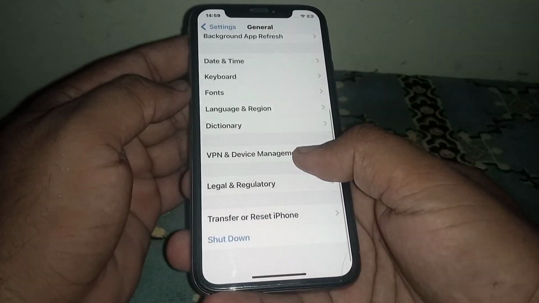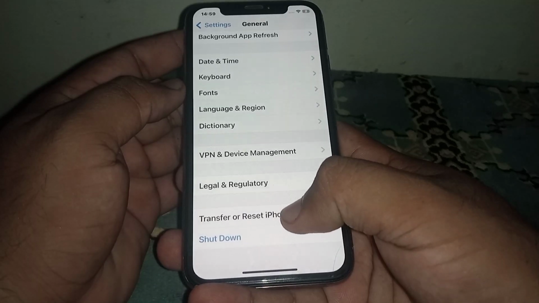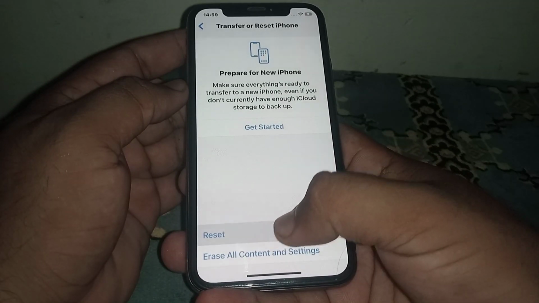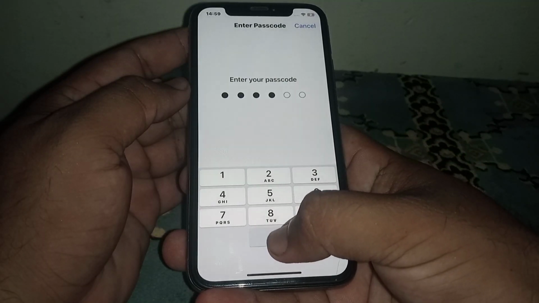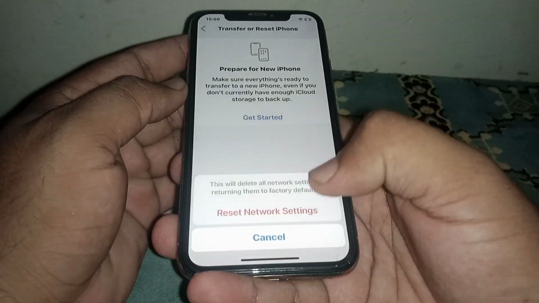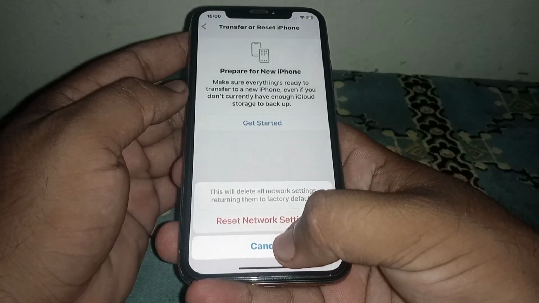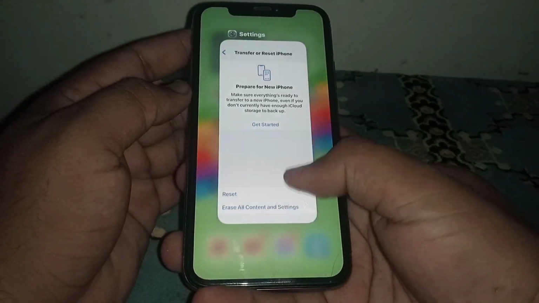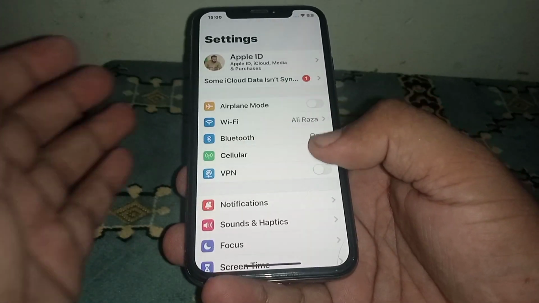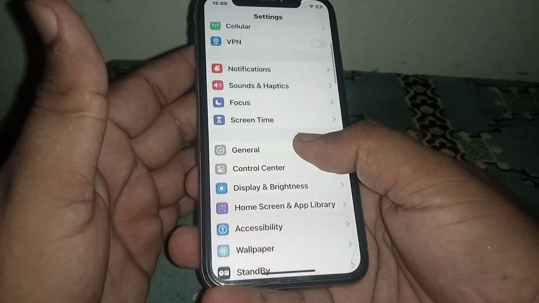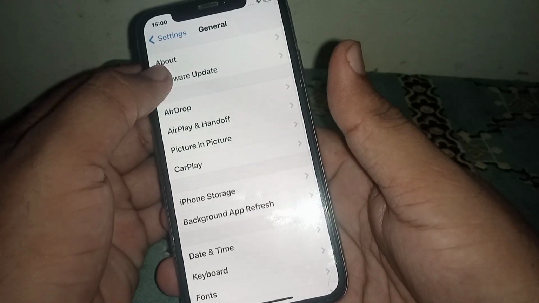After that go back, scroll down and click on Transfer or Reset iPhone, click on Reset, and click on Reset Network Settings. Enter your passcode and click on Reset Network Settings. After resetting network settings, go back and open your Settings. I hope your problem will be fixed. Scroll down, click on General and click on Software Update,